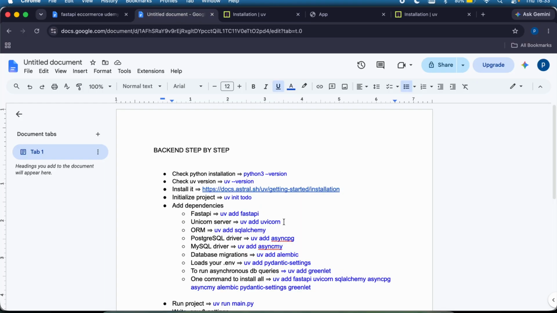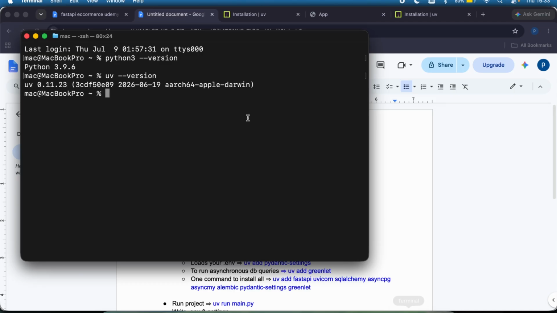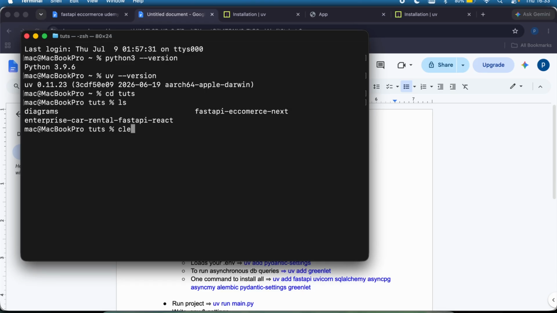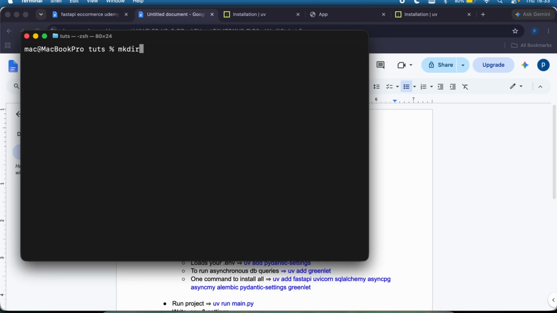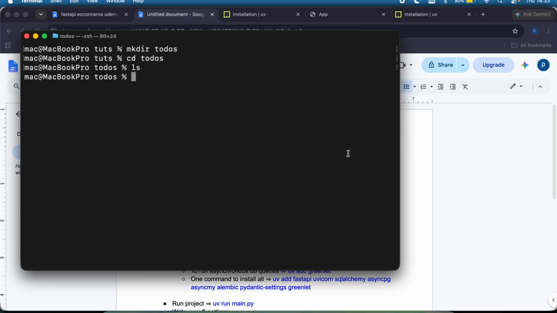The next thing we have to do is to initialize our project using uv. Now we have uv installed, so we can move on to initialize our project. Again, I'm just going to be making use of my terminal. I'm going to cd into a folder where I want my projects to be in. I'm just going to create a directory right here. Let me just call it todo, something like that, cd into the directory, and let me run the